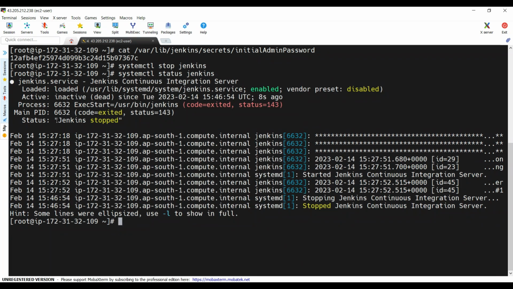So you can find that it's currently stopped. Okay, fine. So now the Jenkins is stopped. Now we are going to take the backup. First we take the backup of the Jenkins home directory, which is available under /var/lib/jenkins. Okay, so we write the command